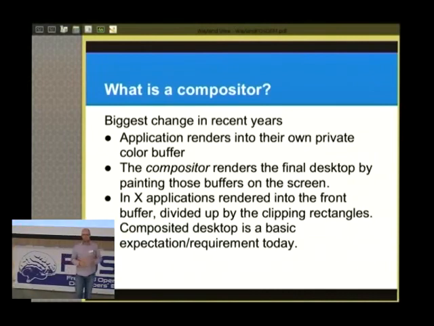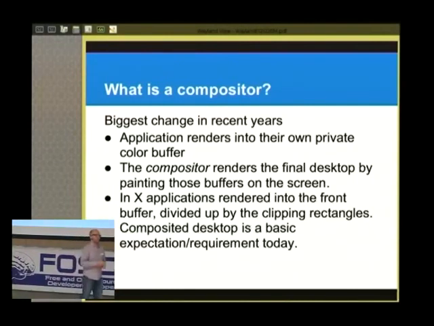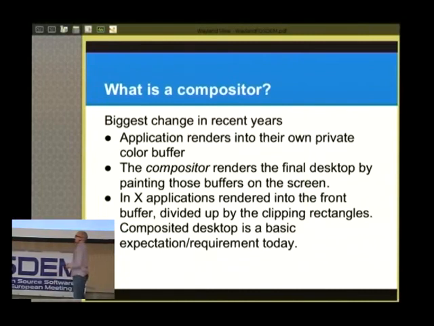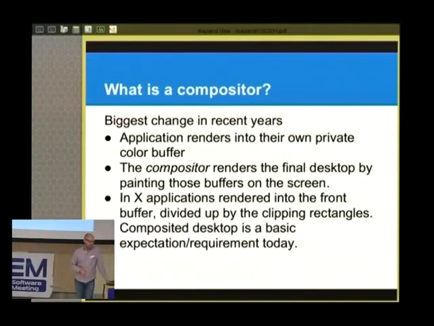So a lot of that flicker we had in the old desktop went away when we started doing compositing, because the compositor can batch up all this rendering and make sure that we don't clear in one frame and then repaint in the next, but clear and repaint and only then show the result. So today compositing is a requirement for a good desktop experience. It avoids all the flickering and bad experience of the old model.